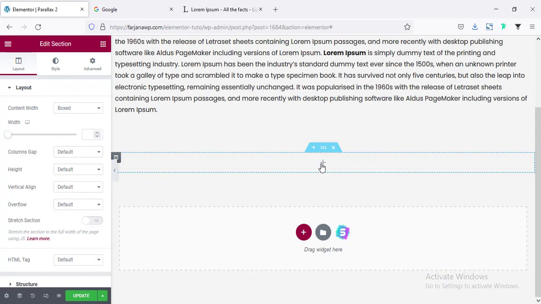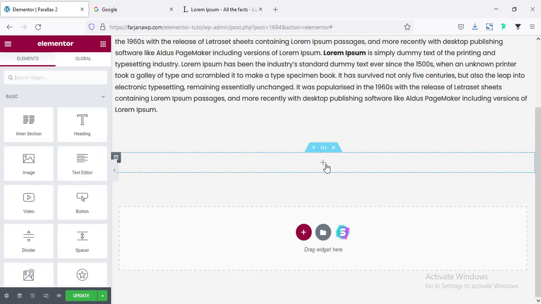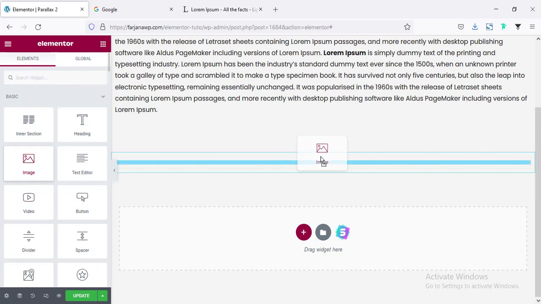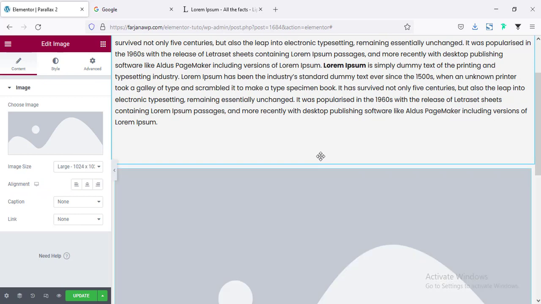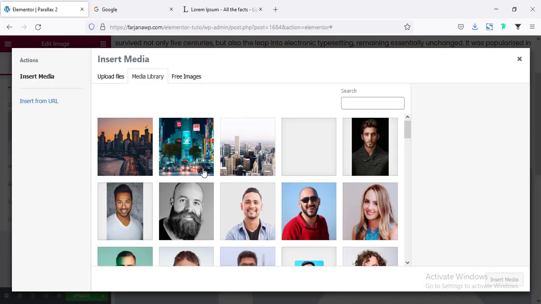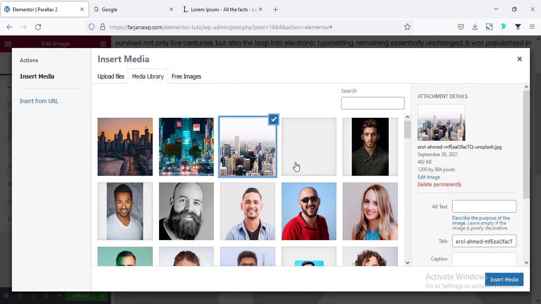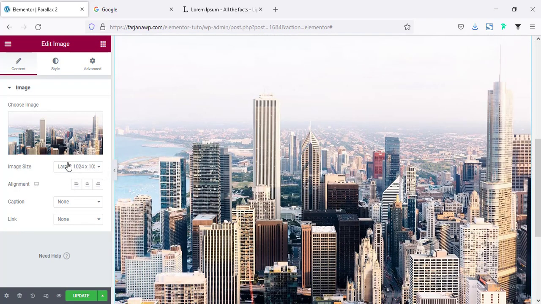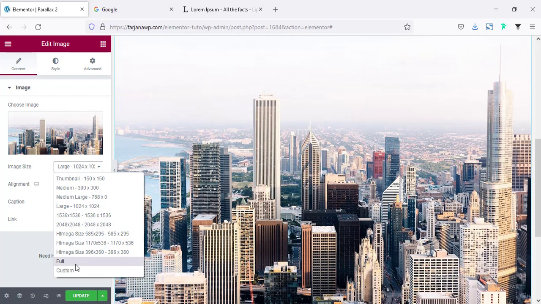And in the next section, taking a new section, one column structure, and here I'm taking an image module. So click on this plus icon, and from the left side I'm taking this image module, and now going to upload the image. Here I have already uploaded some images. I'm taking this one, and for this image size we can make it full,